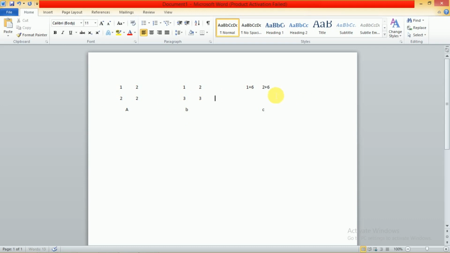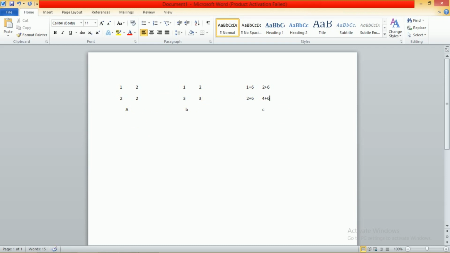Similarly, for the next element you consider the second row of the first matrix and the first column of the second matrix. So it is 2 into 1, which is 2, plus 2 into 3, which is 6. For the last element you consider the second row and second column: 2 into 2 is 4, plus 2 into 3 is 6.